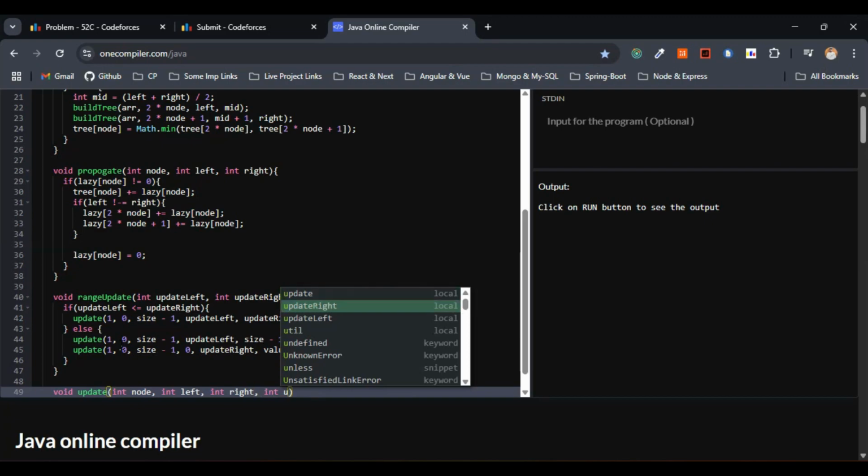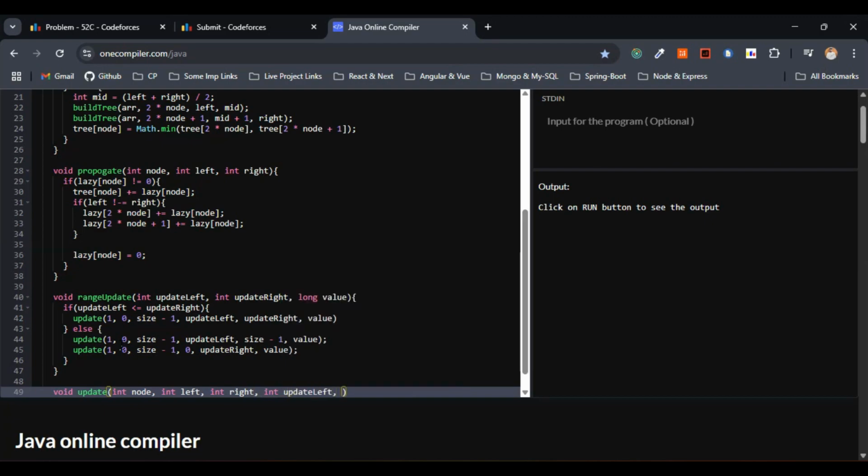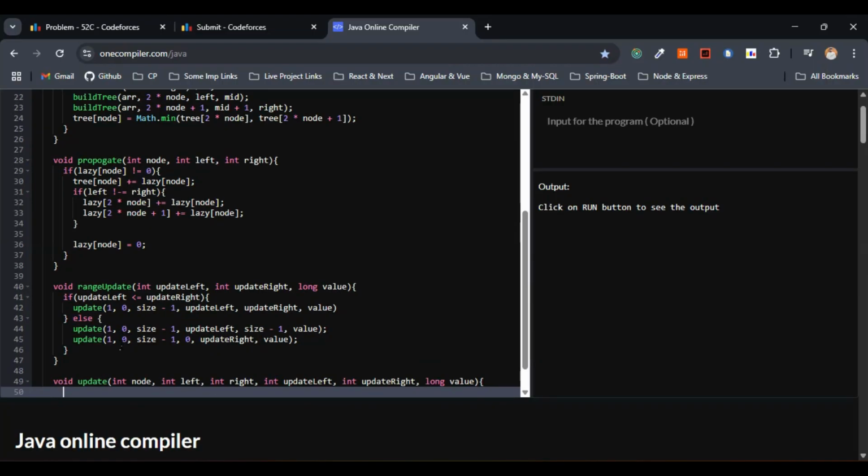So this one will be update left. So this one will be update right. And also we'll be going with the value which is of the type long. So this is fine. So within this method what we will do, we will be making use of the